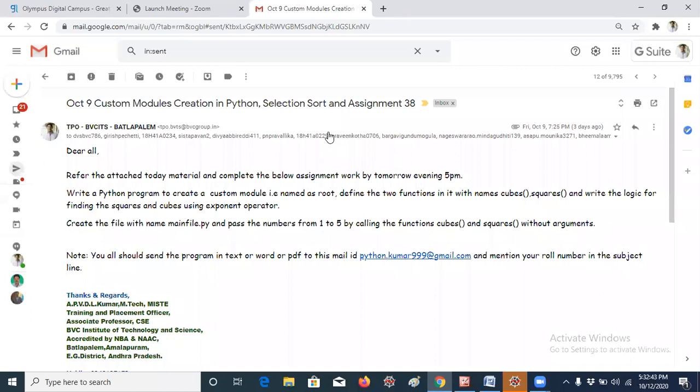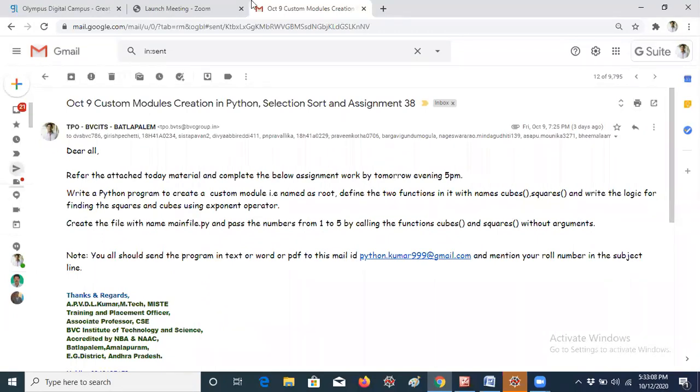So first we'll go for the last class assignment question. The question is we have to create a custom module. That's the question I have given to you guys. Many of the students have not done it, I think, due to exams. Only our second CS students are doing it. Anyway, that's not a problem at all. Let me complete the explanation first.